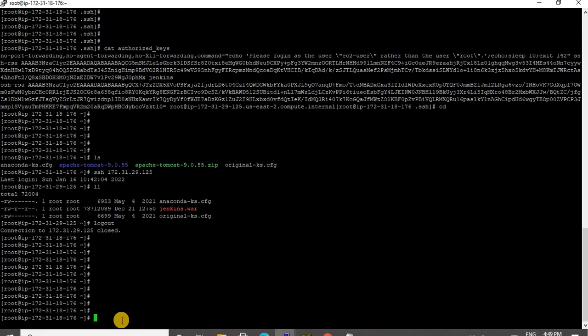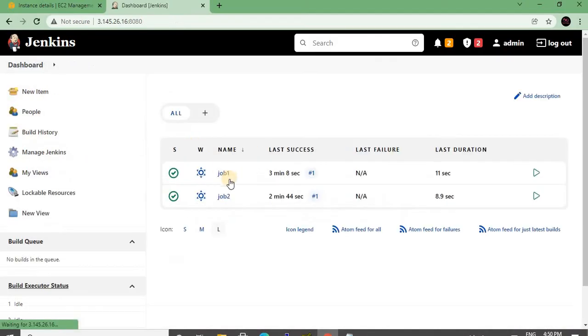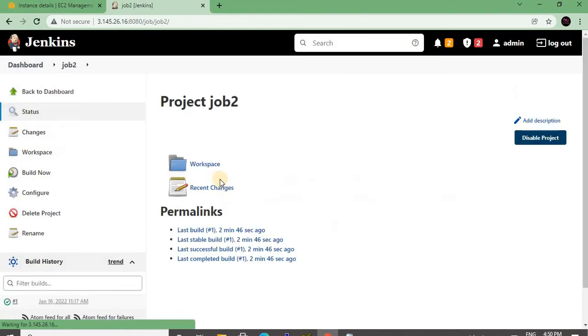So to have all this workspace on slave, before that, yes guys, I forgot one point. To do this, you need to have Jenkins, Maven and Java on slave also. Earlier we configured only on the dev server that we used for Jenkins. Now I have taken this as slave, so here also you have to configure Maven, Git and Java. I have it on this server, but in case you don't have it, just configure it, because now you want to execute this second job on slave.